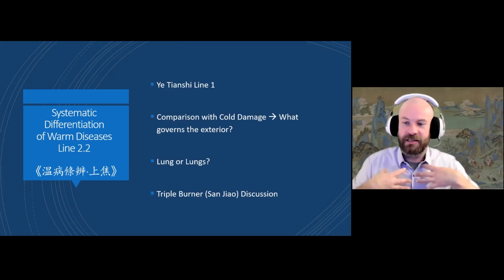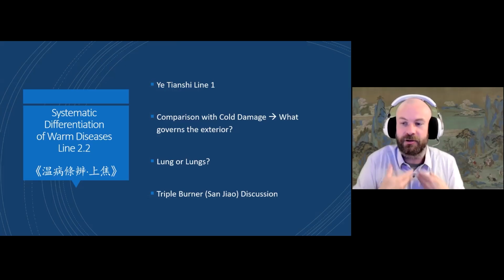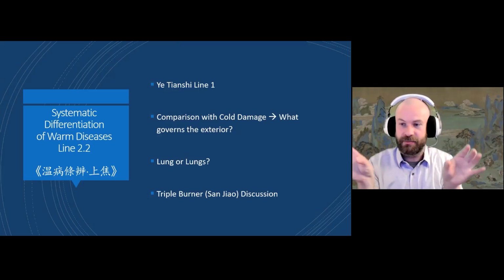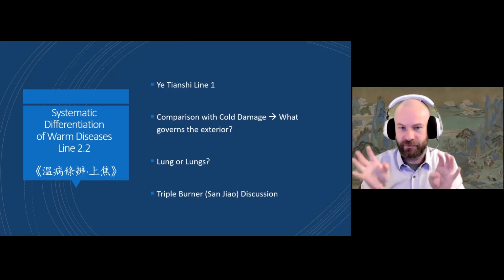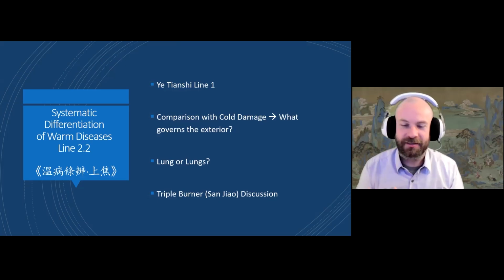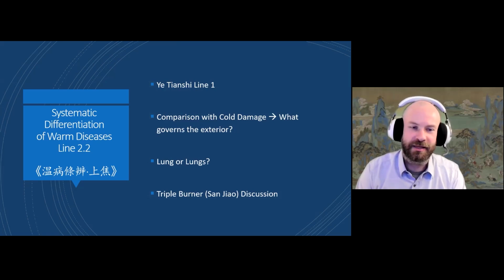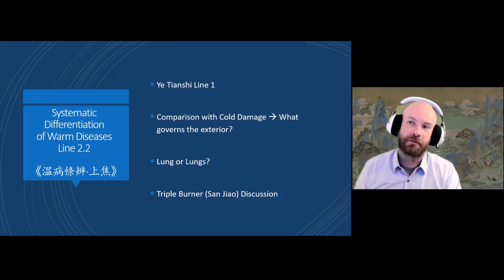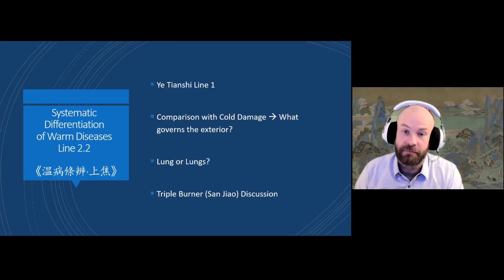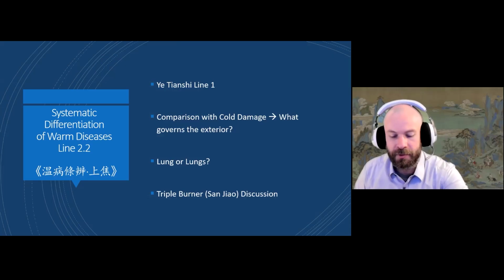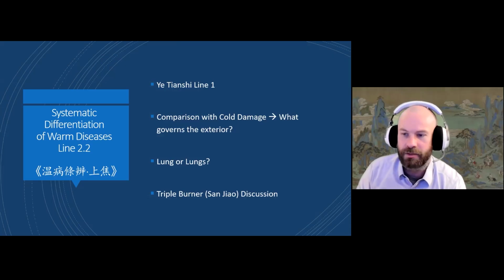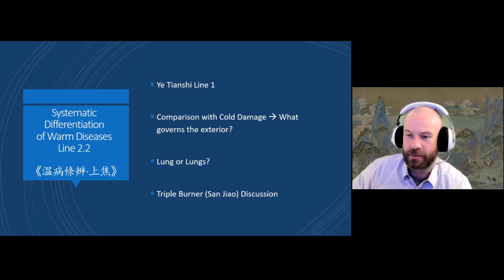In my opinion, that's because the lungs were quite close together and arguably connected by the trachea and the tubes, right? Whereas the kidneys, if you were to see them in a body, are quite isolated from each other. Anyway, that's just a little bit of semantics that I thought was interesting. And even here, we talk about the upper burner being related to the lung, the pericardium, and the heart. One of the interesting things when I was reading this book was, why do they include the liver and kidneys in the lower burner? You've probably thought of this.